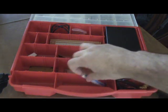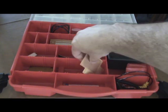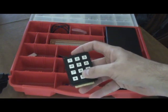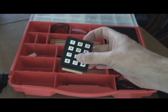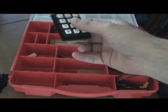You get some solder, some little circuit boards for one of the projects in there. You actually get the keypad that is used in one of the experiments. This is the exact one specified by the author. I had to order this separately from another source and pay shipping, so it would have been nice to have